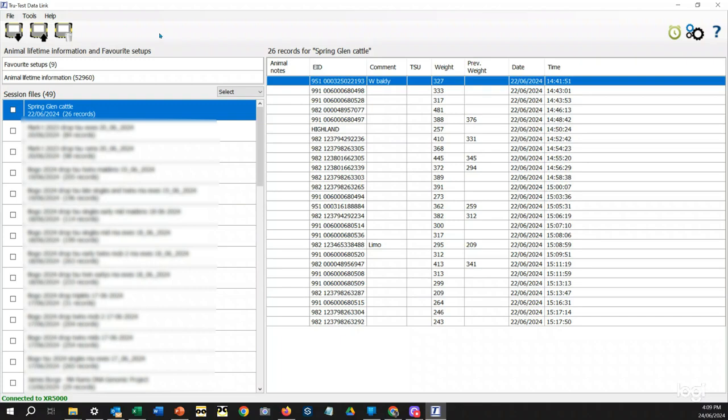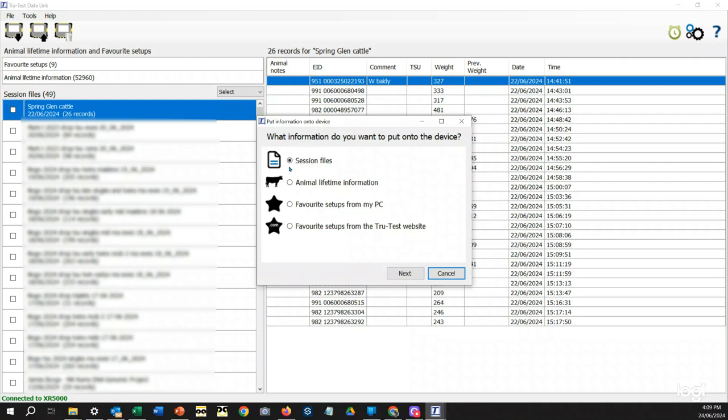There are a number of options available with other hardware, and the majority will have free software, but some may have a subscription format for more complex software options. In this particular case, we're going to upload our information onto the indicator. The process is, so this is either to get data off, so downloading, or uploading, putting information on, or deleting. So in this case we want to upload the information, so we're going to upload